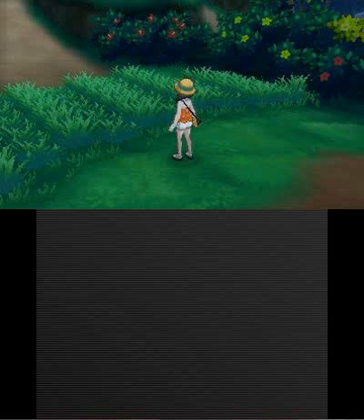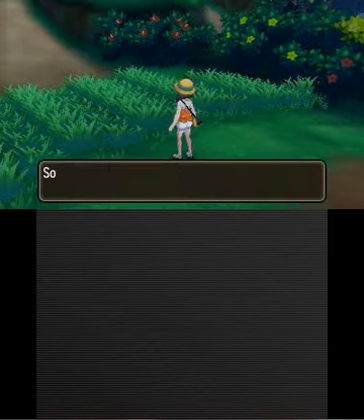As you can see, I've already started a save file. This is so I can go directly to where you choose your starter and so we can get to the action as quickly as possible. So without further ado,